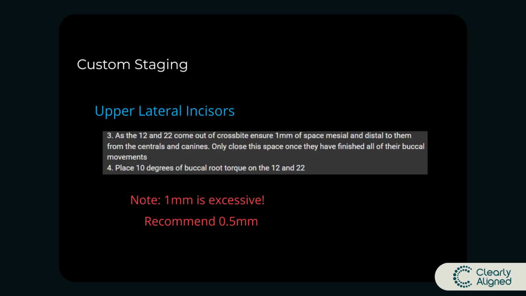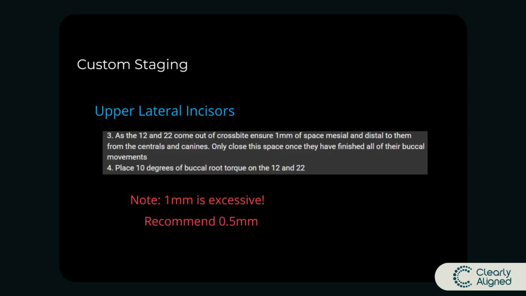Okay, what about our upper lateral incisors? You guys know already, lateral incisors are one of the worst teeth in the mouth to try and move. And the reason why is because the crowns on those teeth are so small. So we want to have proper attachments to ensure that those teeth are going to move. We also want to make sure that we have the right spacing and staging around those teeth for the movements